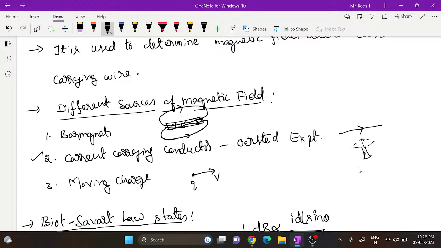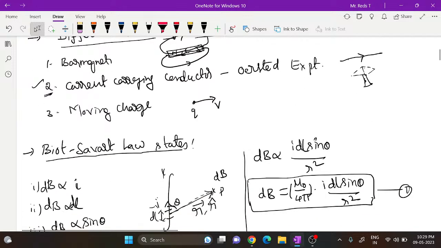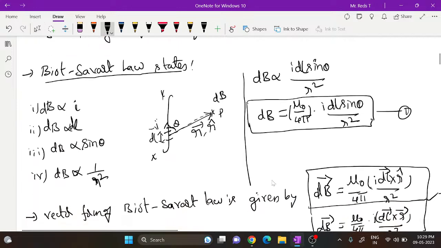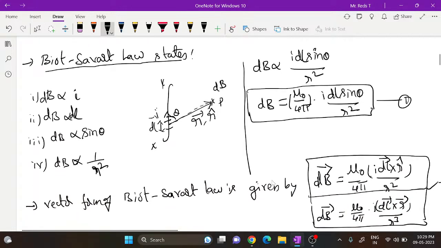Now, our interest is to focus a little more on the second source: a current carrying conductor as a source of magnetic field. So Biot law deals with this. What it says is, if you have a current carrying conductor, as shown in figure like this,